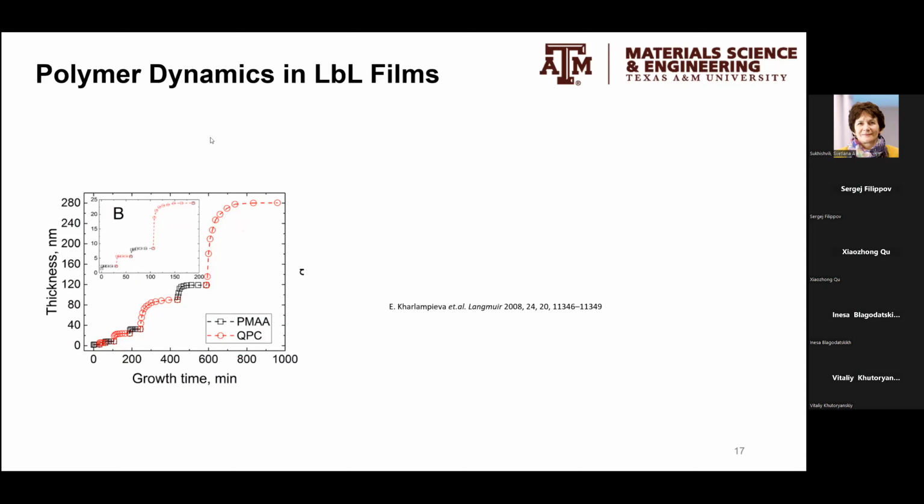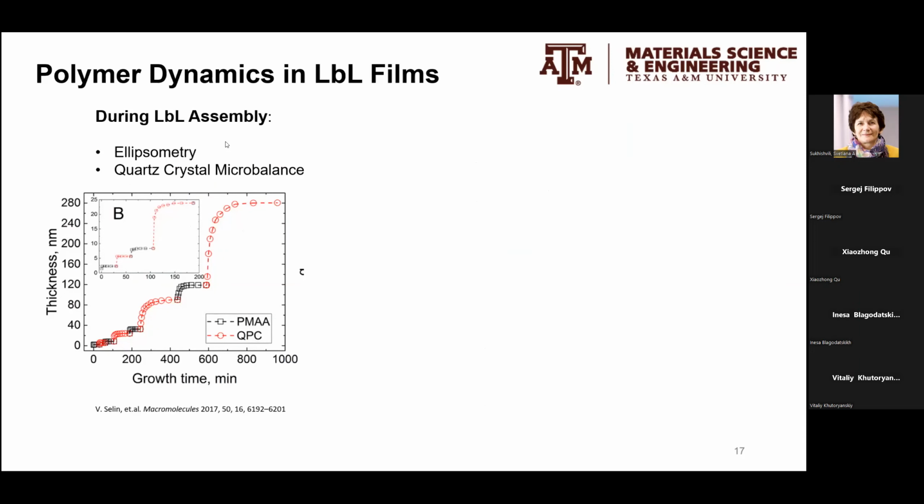small molecules. The other thing our group is traditionally very interested in is the dynamics of polymers in LBL films. It's a fundamental question when we make the films with layer by layer, sequential assembly, whether this layering stays or evolves, and how it evolves in different environments. You can observe the dynamics of polymer chains during LBL assembly using ellipsometry. This is what is shown in this graph, measuring the wet thickness as a function of deposition, and you can